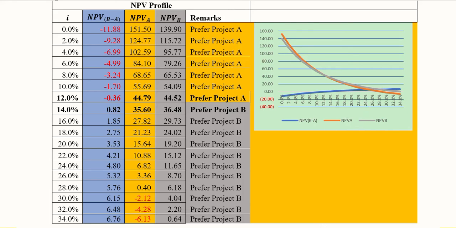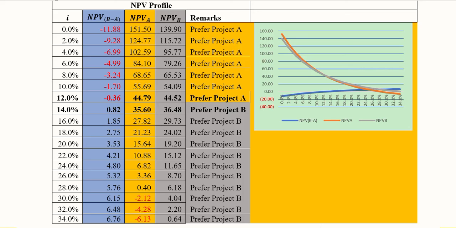NPV of A is in orange line and NPV of B is in gray line, and the NPV of the difference of the two net benefits is in blue line. So it is here, and we can see that crossover is happening somewhere here. It is not drawn to scale, but if you draw it to scale, you will definitely see that